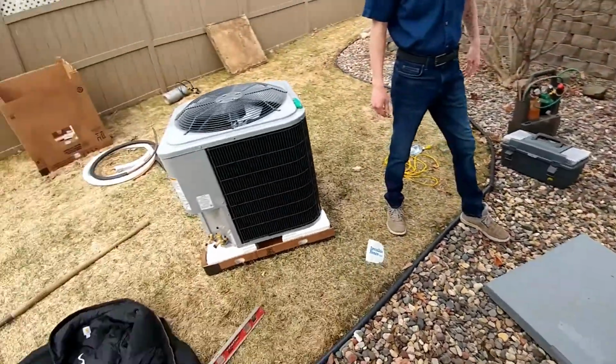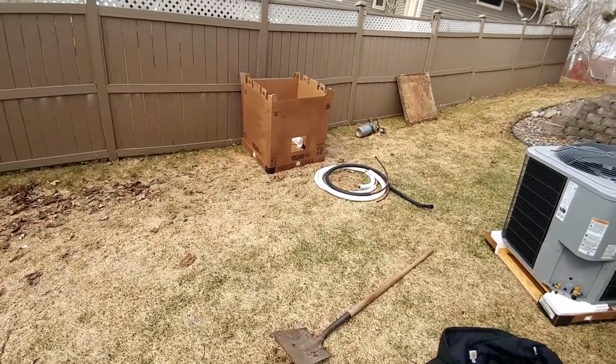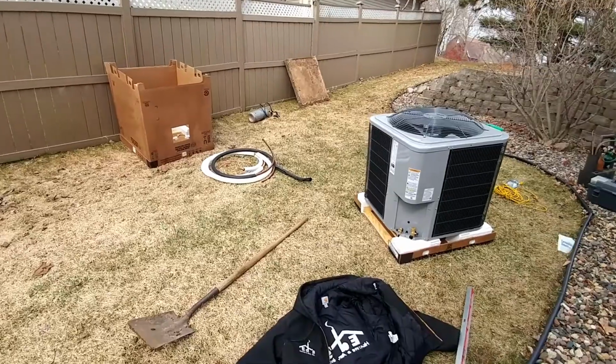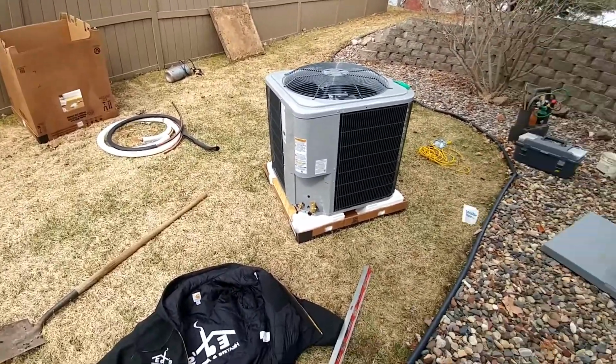Let's do it. New packaging on the AC. Not sure how I feel about it yet. It worked out pretty good today. Seemed like it was gonna fall apart, but